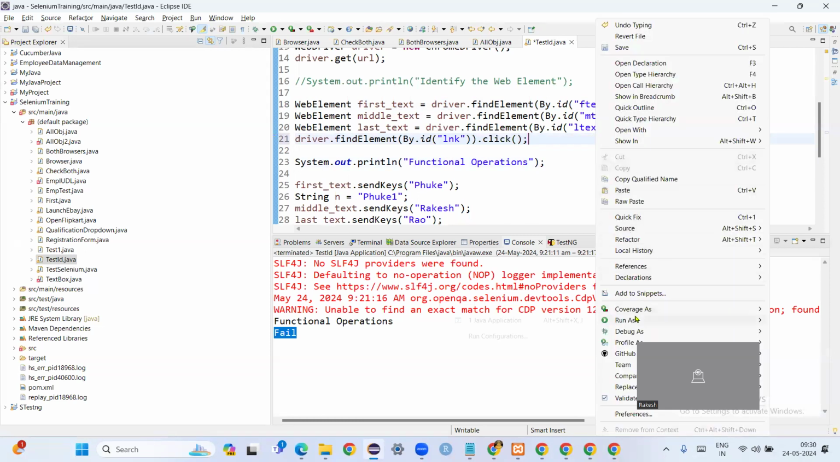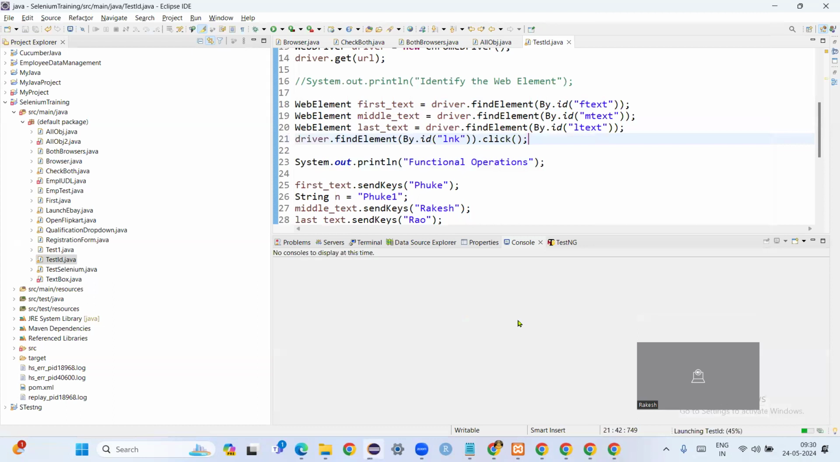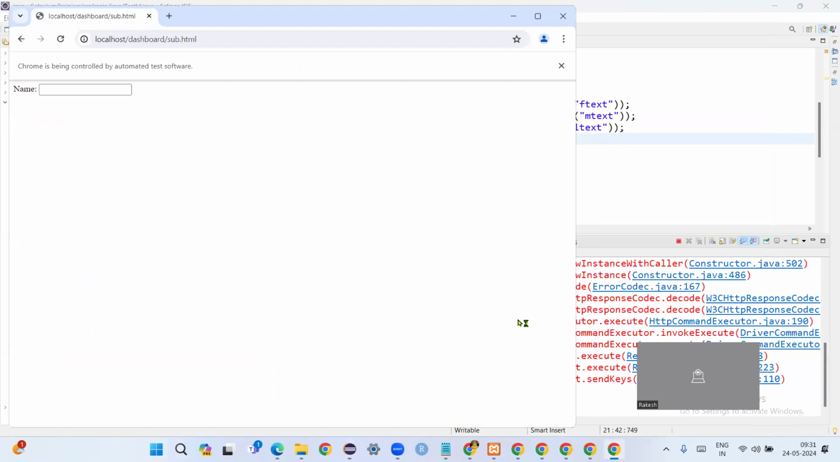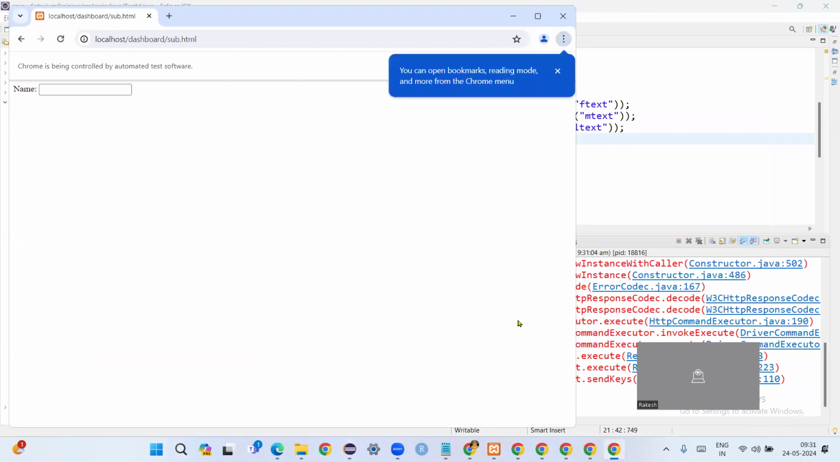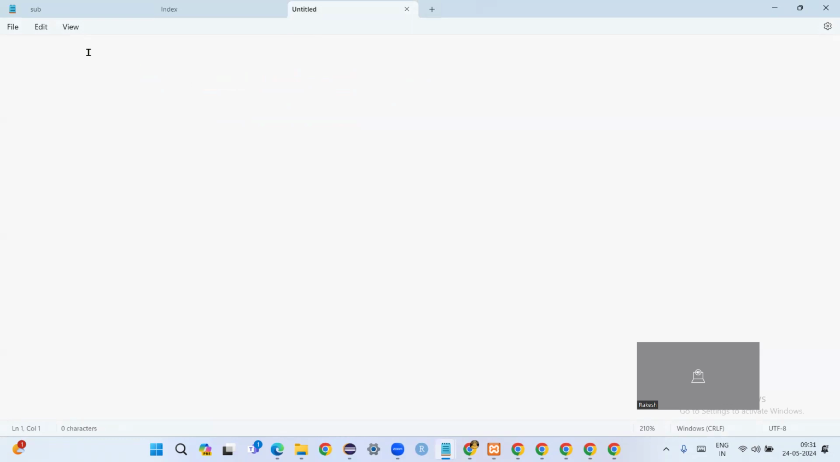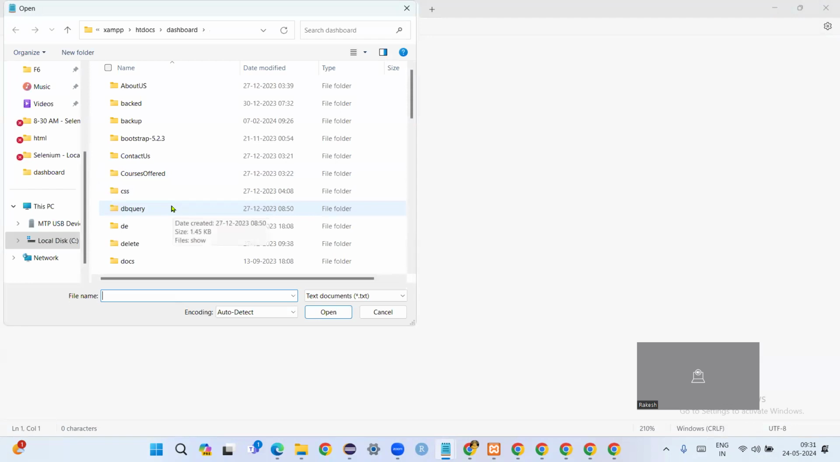Right click, I'll say run as Java application. It should open, enter all the name and other details, click on the link and navigate to sub. It is in sub. Now I can identify with the reference to what? Name. And I can write a code to enter name over there. Okay, all right. So let us go back to sub.html. Here this is index.html. Similar to this, we have sub.html. File, open. I'm opening up sub.html. Where is it located? It's located in